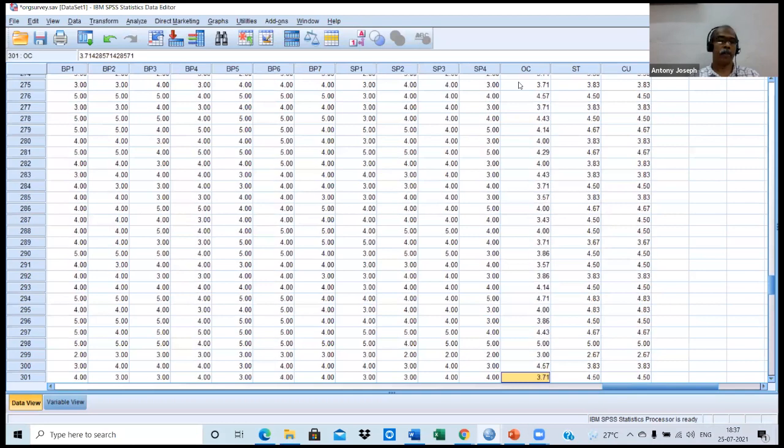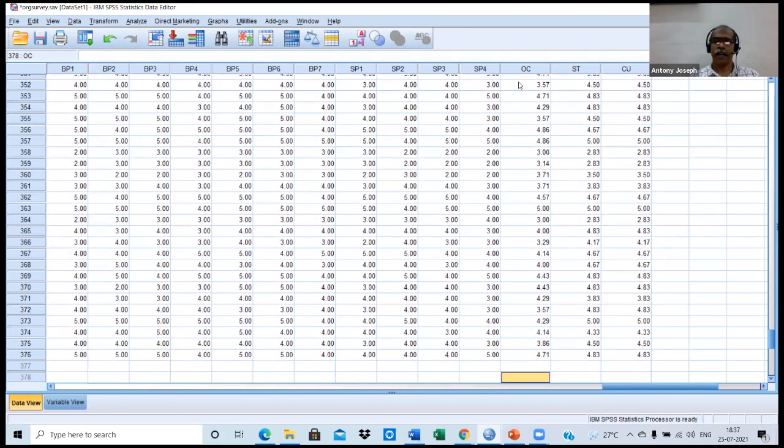Okay. So within a fraction of a second, how many figures have been computed by SPSS? Okay. 376 is the sample. So that's the reliability analysis and the computation of variable in a data set.